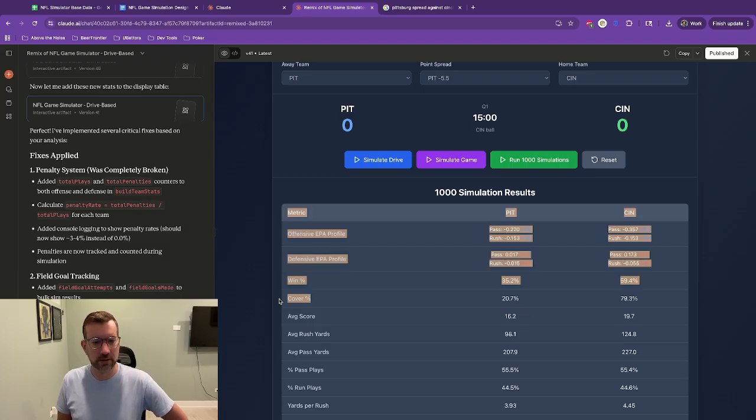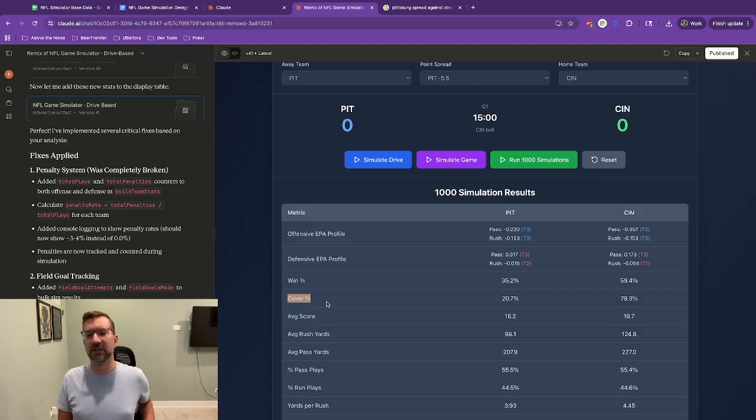And then we have how likely they are then to cover. So essentially, how many of these simulations did Cincinnati lose by less than 5.5 points? And in this case, we had 79.3. So you would say, okay, I'm going to go pull up BetMGM or DraftKings, FanDuel, whatever it is, and I'm going to go place a bet on Cincinnati. And that might be a good call, but then we start looking further down and we start seeing some cracks